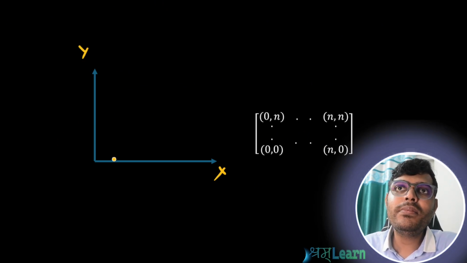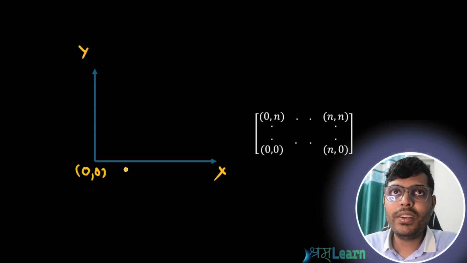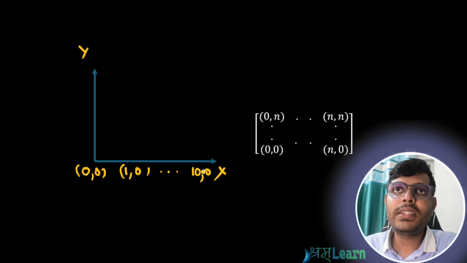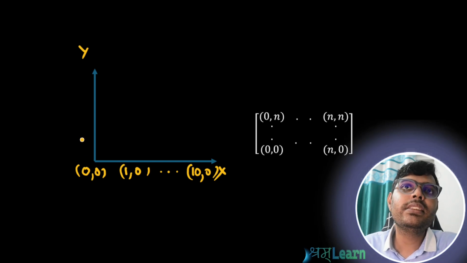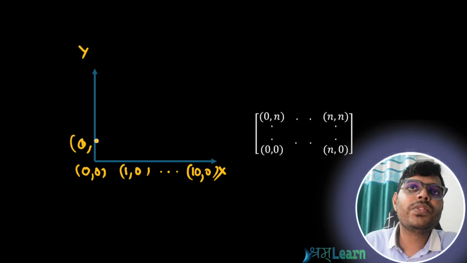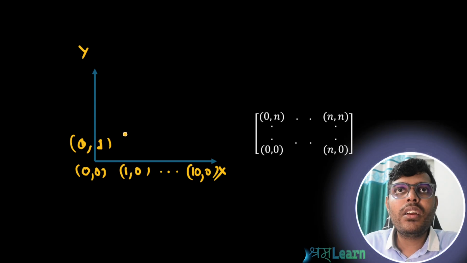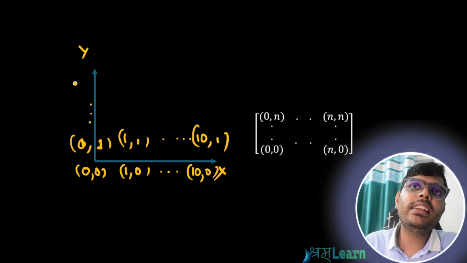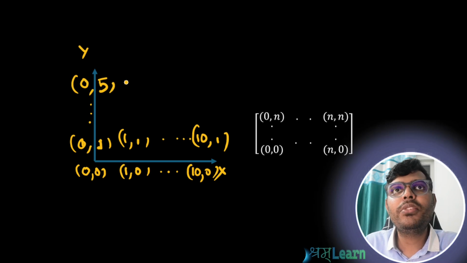So considering the same problem, x is starting from 0 comma 0, okay, 1 comma 0, y remains 0 on the x-axis, so on we will have 10 comma 0, and along the y axis we will have 0 comma 1, okay, and 1 comma 1, so on, 10 comma 1, and we will do this till we reach 5 on the y coordinate, okay. So we have 6 rows,